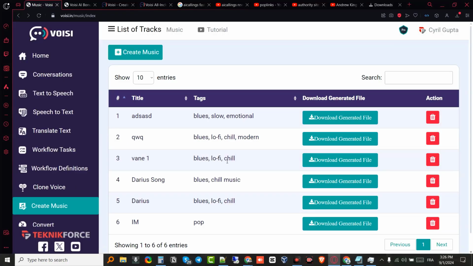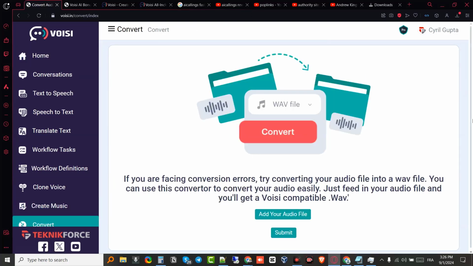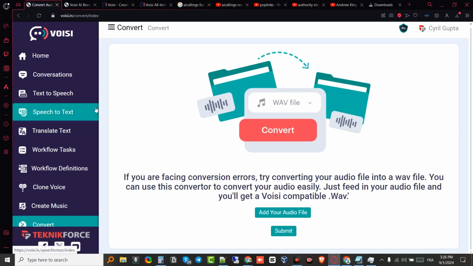I know it's hard to believe, but this is actually generated using AI, and I'm still mind blown by the quality of the music. So you can go ahead and use ChatGPT and create your own music using this software, which is absolutely insane. The last part, I believe, is the, what do you call it?